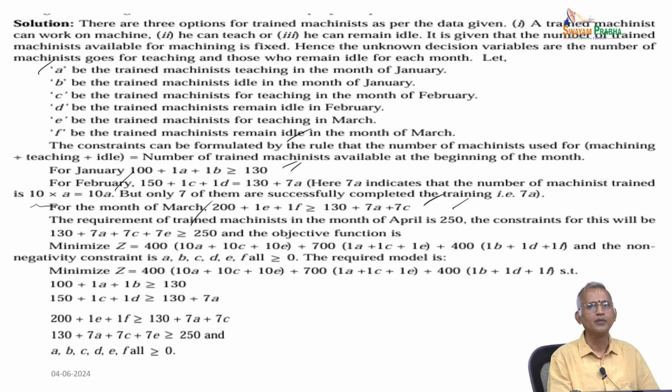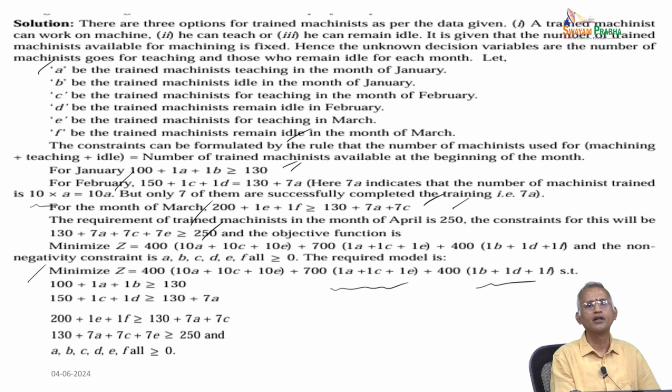Therefore, the objective function is minimize Z equal to 400 into (10A plus 10C plus 10E) plus 700 into (1A plus 1C plus 1D) plus 400 into (1B plus 1D plus 1F), and the non-negativity constraint is A, B, C, D, E, F all are positive. Therefore, minimize Z equal to 400 into (10A plus 10C plus 10E) plus 700 into (1A plus 1C plus 1E)